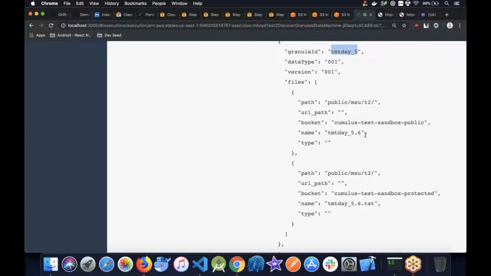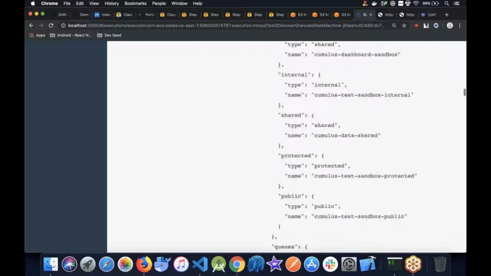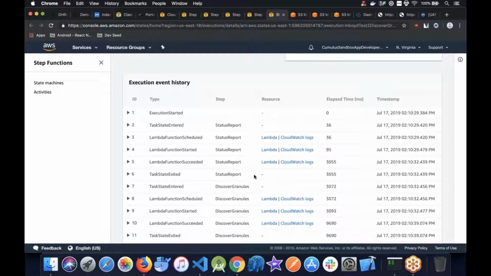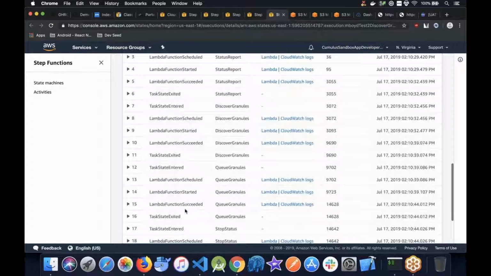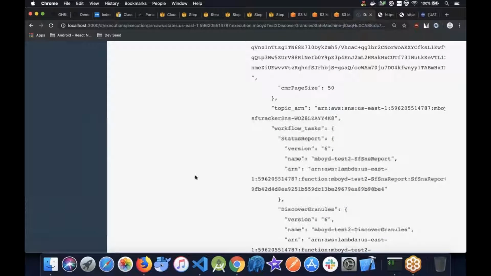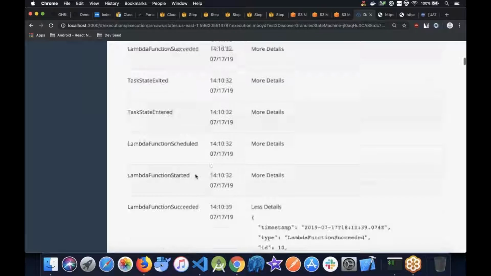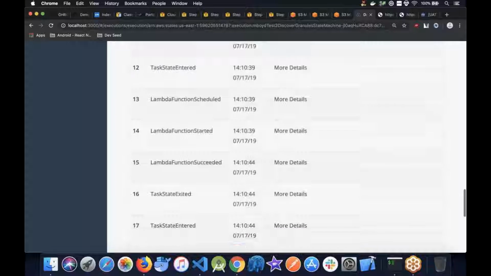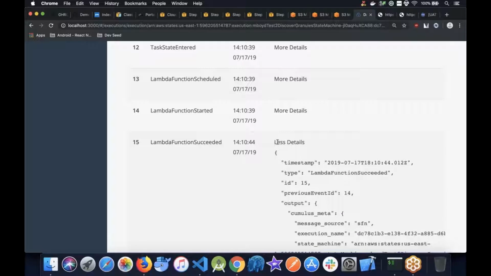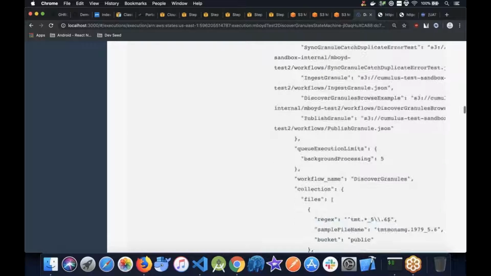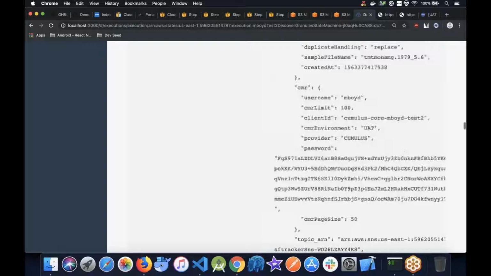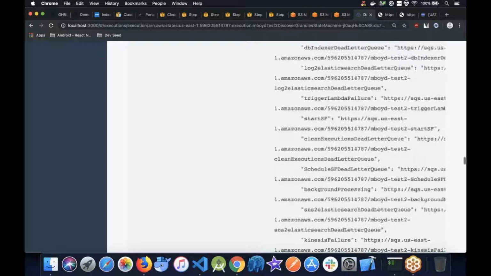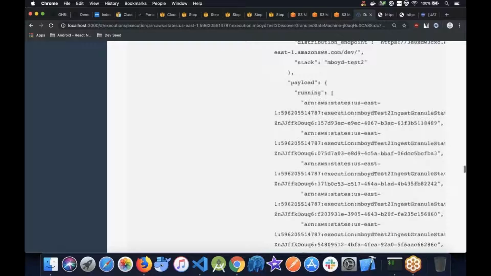Just to show that what it's doing is kind of a fan out pattern where it's going to be scheduling a bunch of things to a queue, and the Q granules payload is just actually listing out what were the different executions that were scheduled. So if I actually go over to that state machine, the ingest granule state machine, you should see a bunch more. And also just to say, the ingest granule state machine, I know the name here has a prefix for my stack, and it has an alphanumeric identifier here at the end, but this